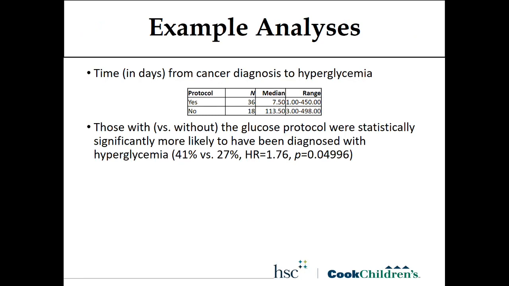All right. So this time variable is now being accounted for in the survival curve. Just as an aside, one quick way to examine that would be to do a non-parametric statistic that compares just the protocol and no protocol groups, the time from cancer diagnosis to hyperglycemia for those who got hyperglycemia. Here I have the median and range for the number of days. You can see 7 days for the protocol group versus 113 days as the medians for those two groups. Though that's a really big difference, and it definitely indicates something, it is not statistically significant,